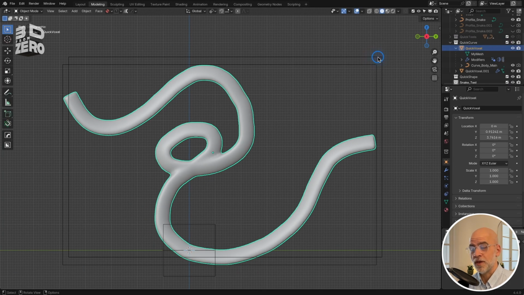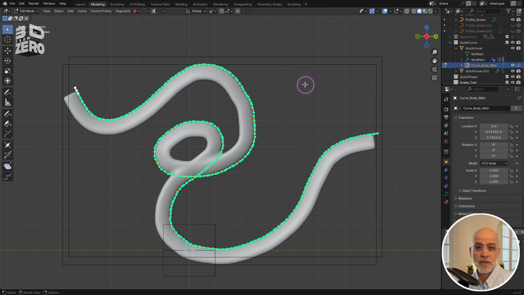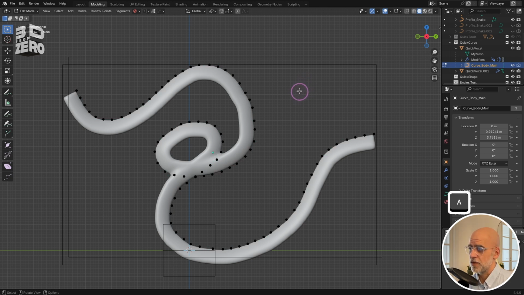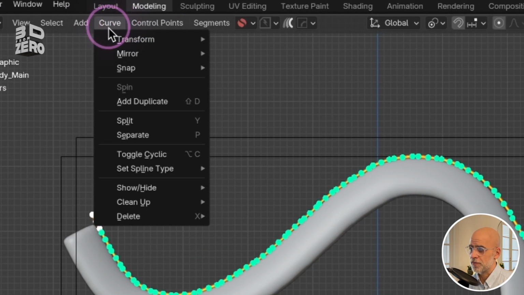I want the curve that's driving that voxel object. Select that bounding box, then Tab to edit. And now I can simplify this curve a bit. I'm going to select all points and then use the Curve menu up at the top, Clean Up,